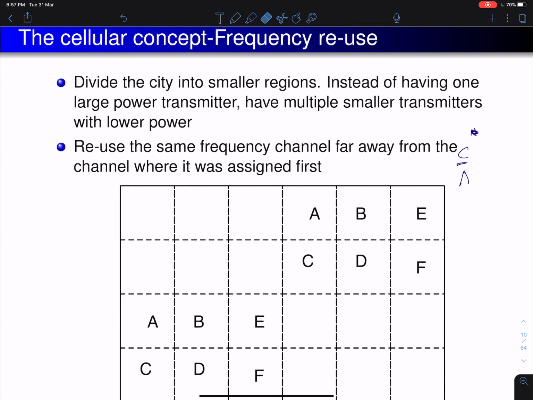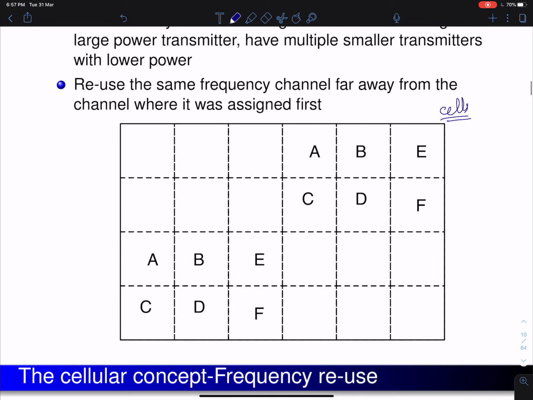Now we said, no, instead of doing that, let's divide the whole city into small regions called cells. Okay, now each cell will have a small base station, a local base station, which will radiate with a much lower power. Initially we had one central base station radiating to the whole city. Instead, we'll have one small base station radiating within a smaller region. So that was the plan that was thought of. Okay,